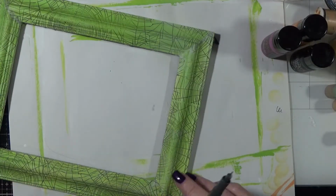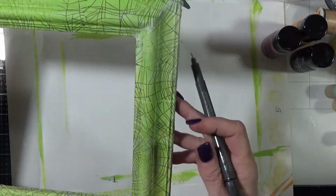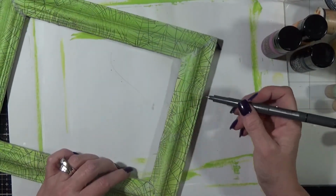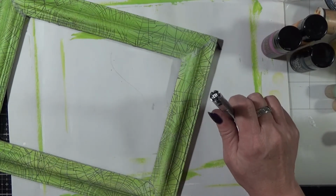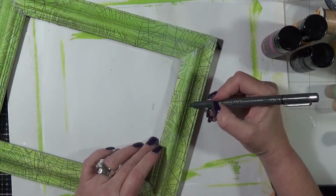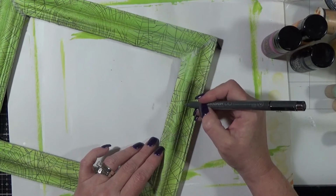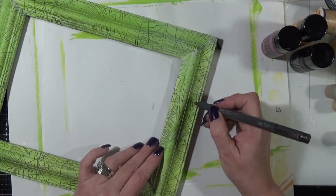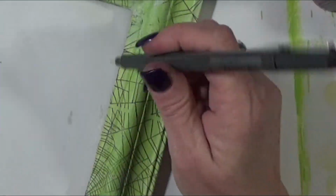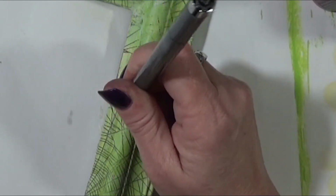Okay, so let's remember when we stamped on the plain collage paper, and in some areas the stamp wasn't connected, and I said, oh, don't worry about it. Well, if you take a 0.3 or smaller, even a 0.1 would work. I couldn't find mine, but what you're wanting to do is connect these very lightly with a light hand. You'd rather have them skip than be too dark. You just want to connect these lines so the eye isn't so drawn to that break. It doesn't matter if it's a little different,